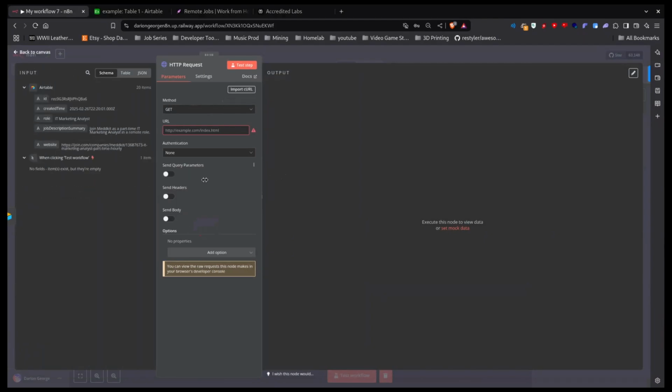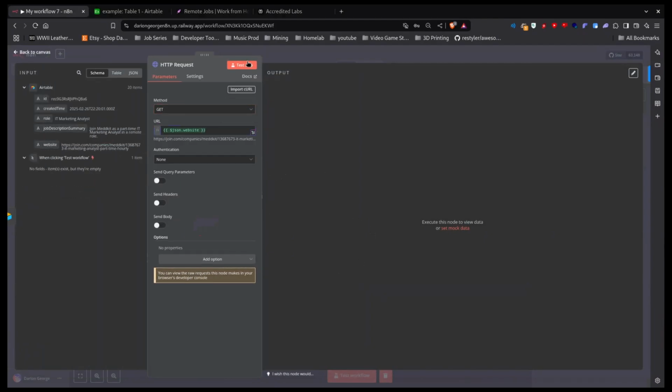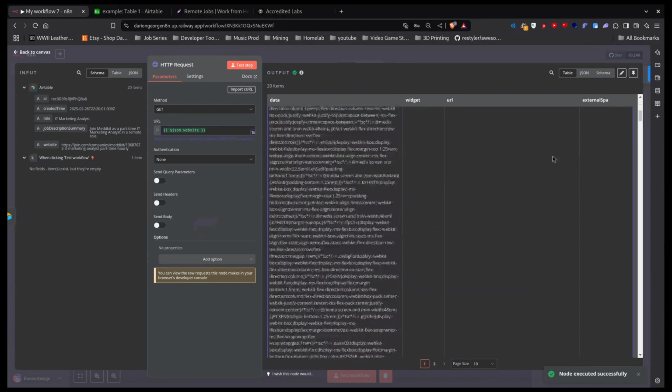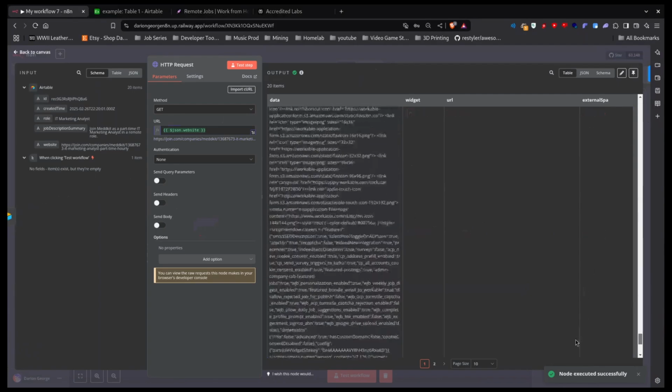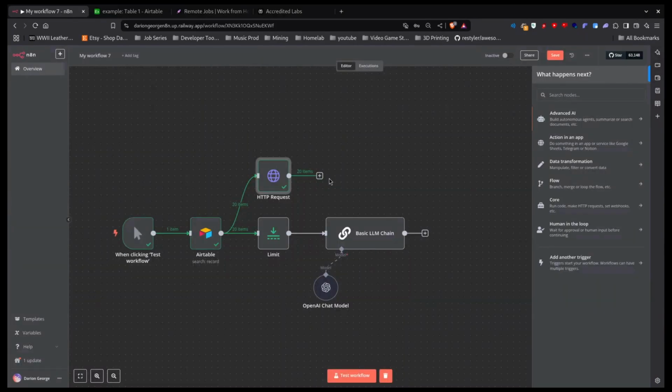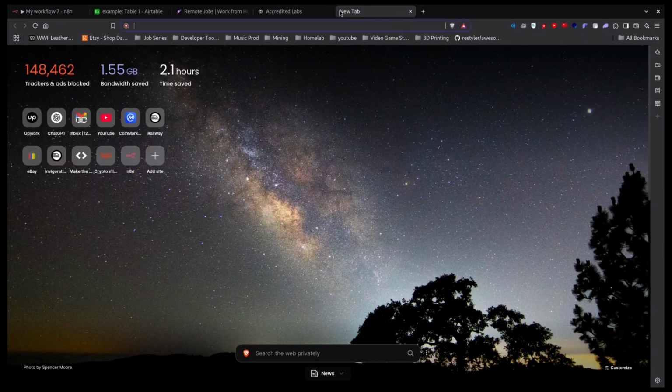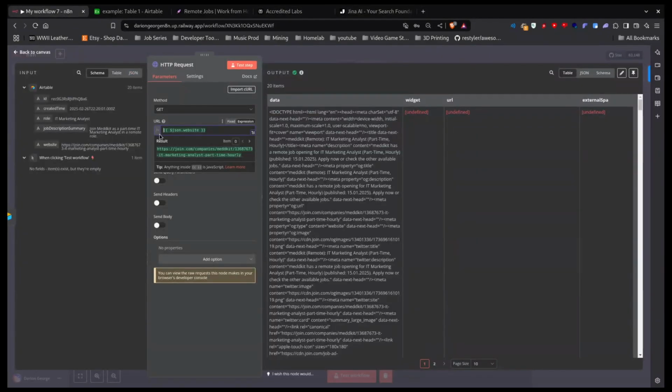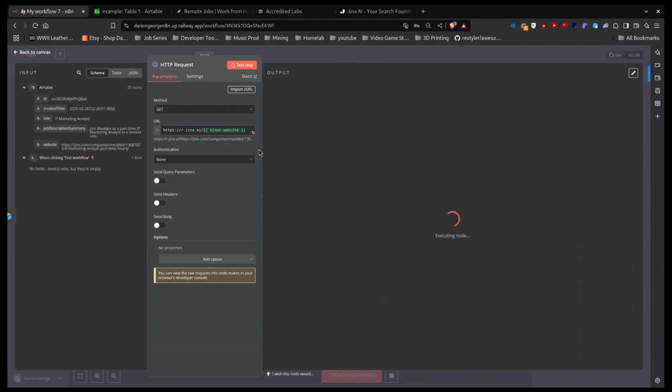I don't hate when it does this. And then you go to it, right? And this is going to give you everything that's on that page. This is going to be a lot of code, like a lot of code. I just realized I can do this. So this is a markdown viewer. If we put this in front of the URL, this will give us a markdown of whatever was on the